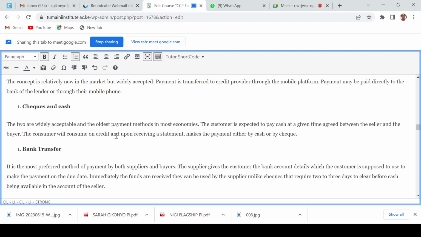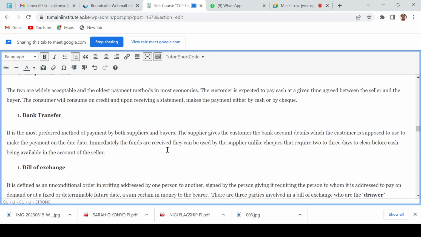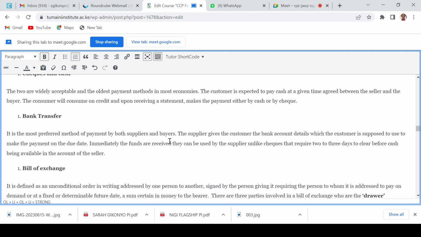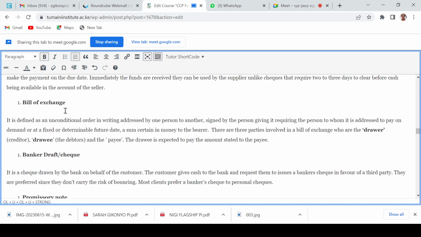Tungine tutapata ni bank transfer. Those ones are common. We now have what we call what? RTGS, real-time gross settlement. We have EFT. Hizo zote ni their form of transfers that are normally used. So it can be a bank transfer that can be used. The other one is what we call